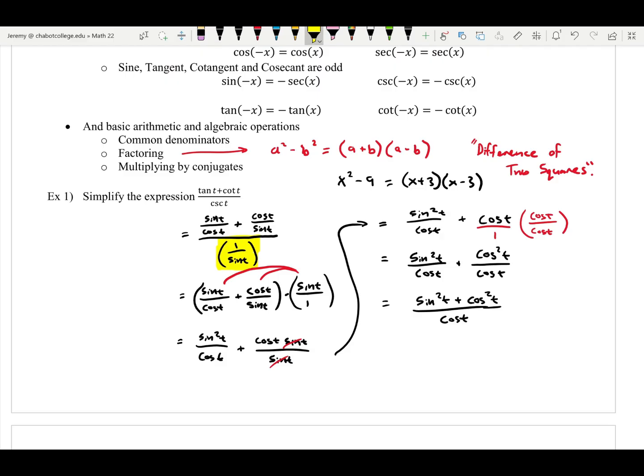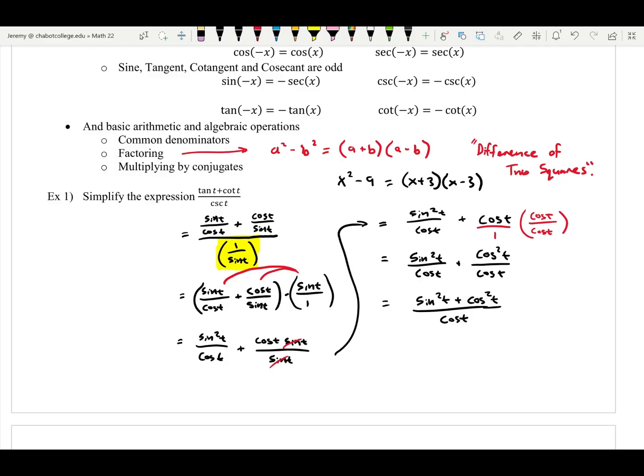Okay, and you might be thinking, where is this going? This looks worse than this does. I think we're going in the wrong direction here, maybe. Now that I have a little bit of experience working with these trig identities, I'm actually very, very happy with